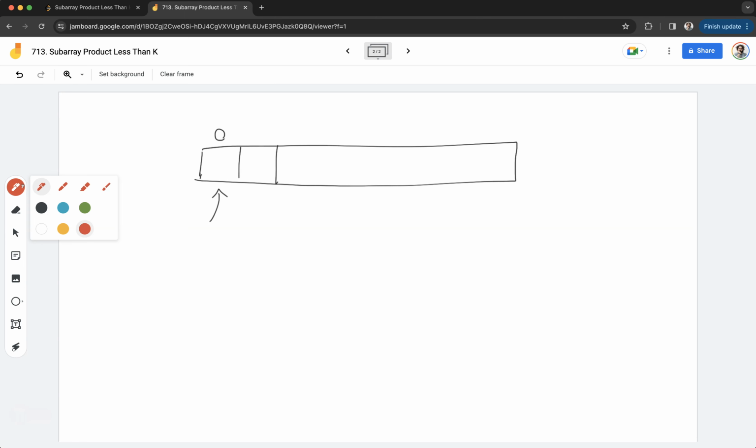So one way of doing that is to get another pointer and keep extending this subarray. Extend it, and stop the moment that the product is greater than or equal to k. So if we stop at, let's say, index 8,